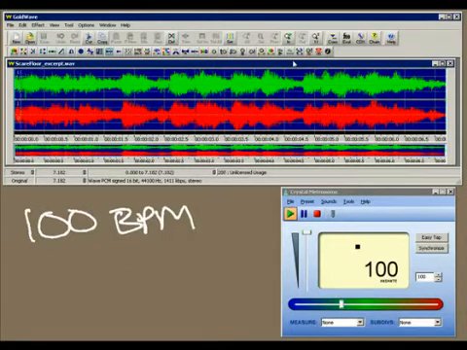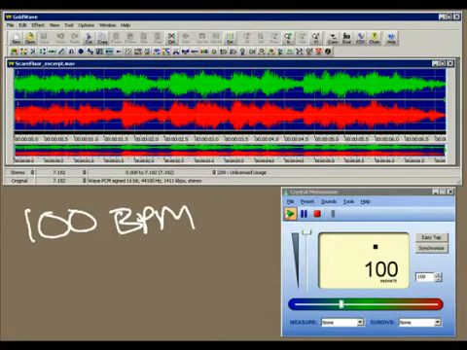1, 2, 3, 4. Kind of close, but I hit the play button a little bit early. But you get the sense it wasn't going too fast or too slow. Again, I do this a couple of times to make sure, because there's a human error element involved here. But this is what you do. And 1, 2, 3, 4. Okay, it's not synced up perfectly, but you get the sense that it's not moving a lot faster or a